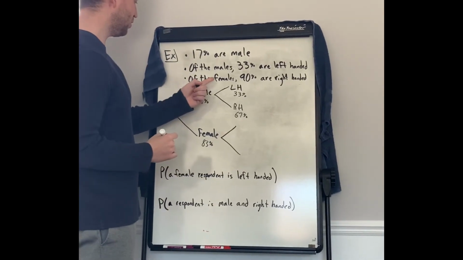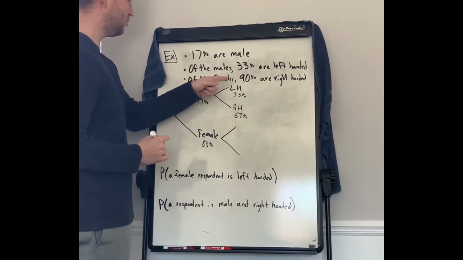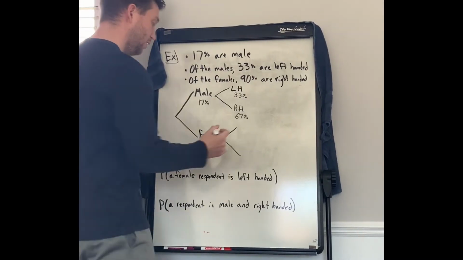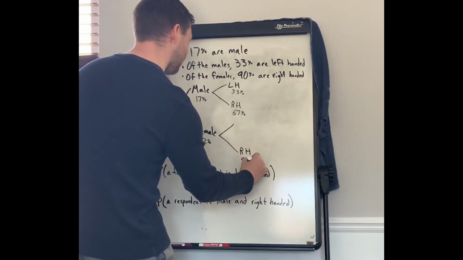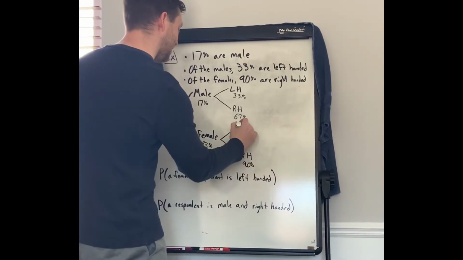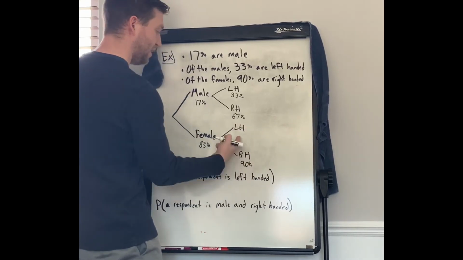Of the females, look back at our data here. Of the females, 90% are right-handed. So keep right-handed on the bottom. So 90% have to be right-handed. That means that there would be 10%